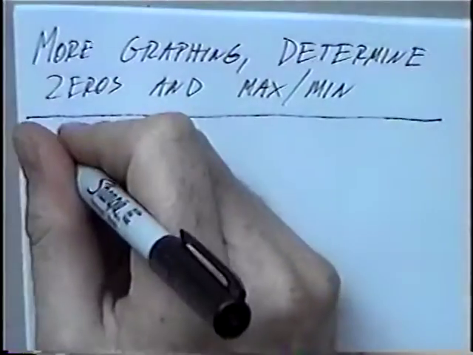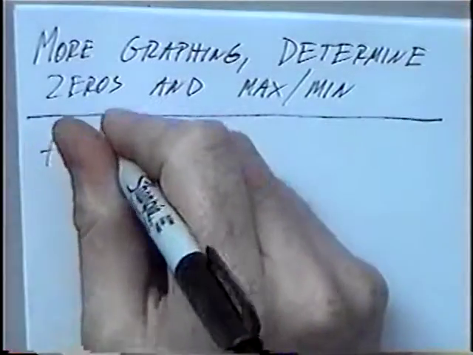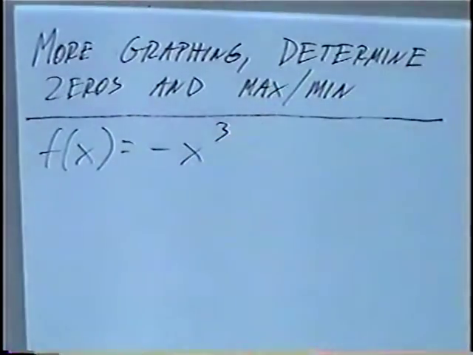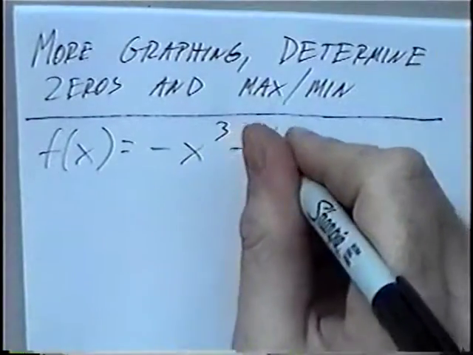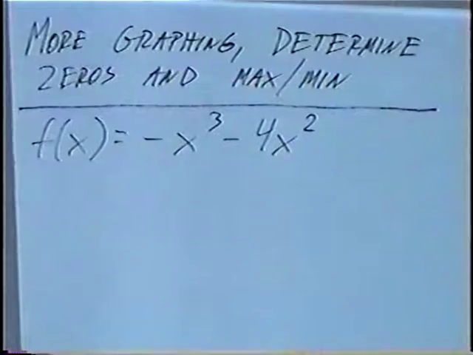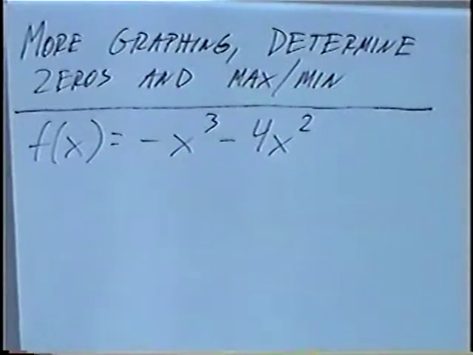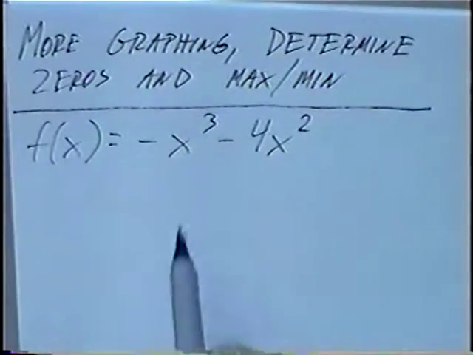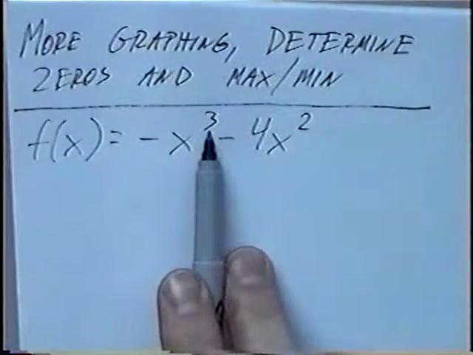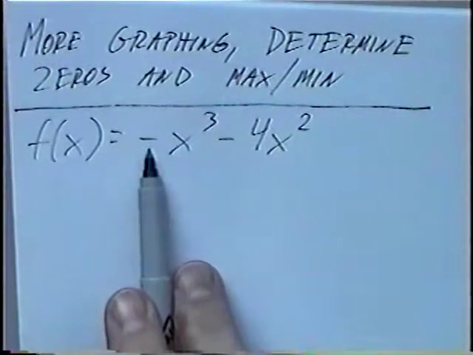First question, and only question for the section, f of x equals -x cubed minus 4x squared. Before you graph functions, it's a good idea to figure out the shape of the graph. This graph is an odd function, since the degree or highest exponent is odd, and it's also negative since the